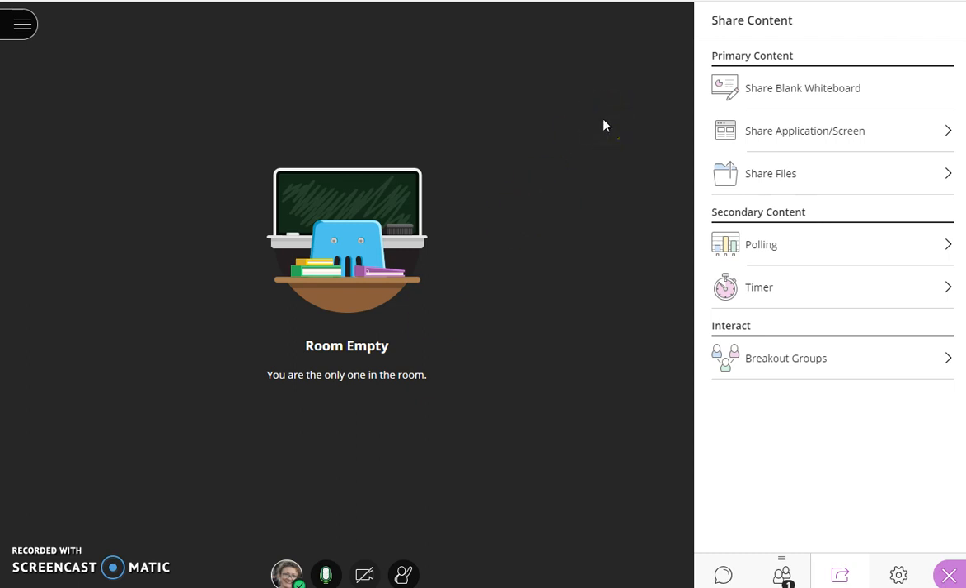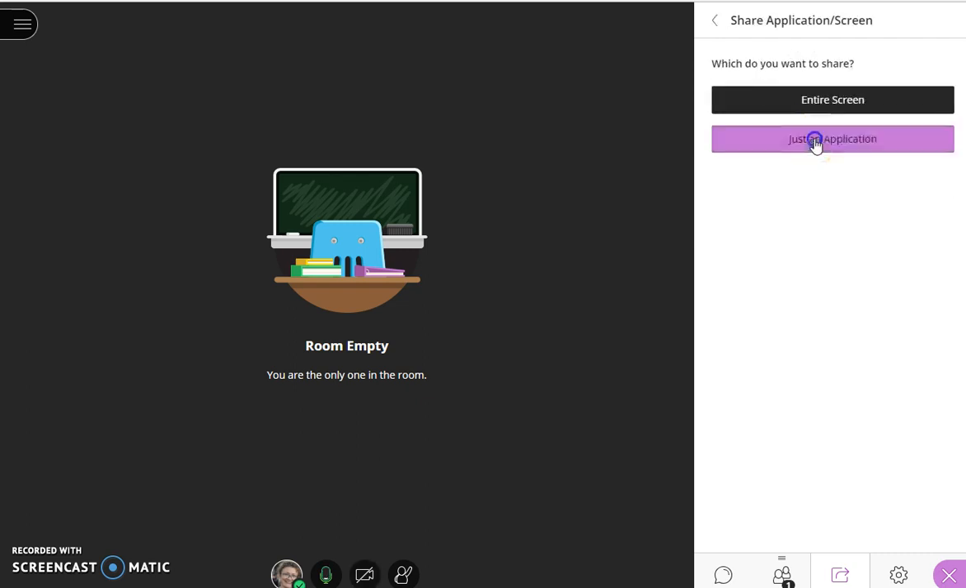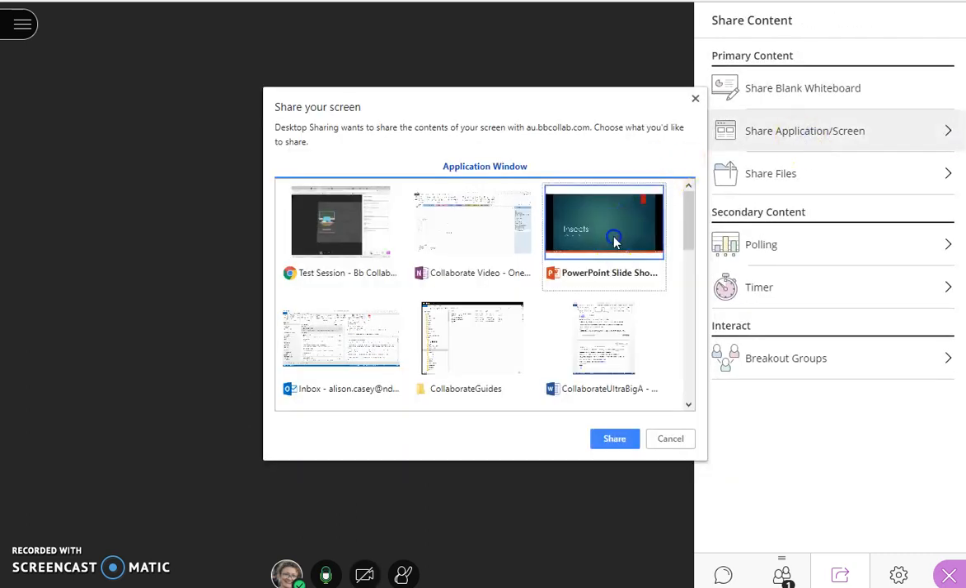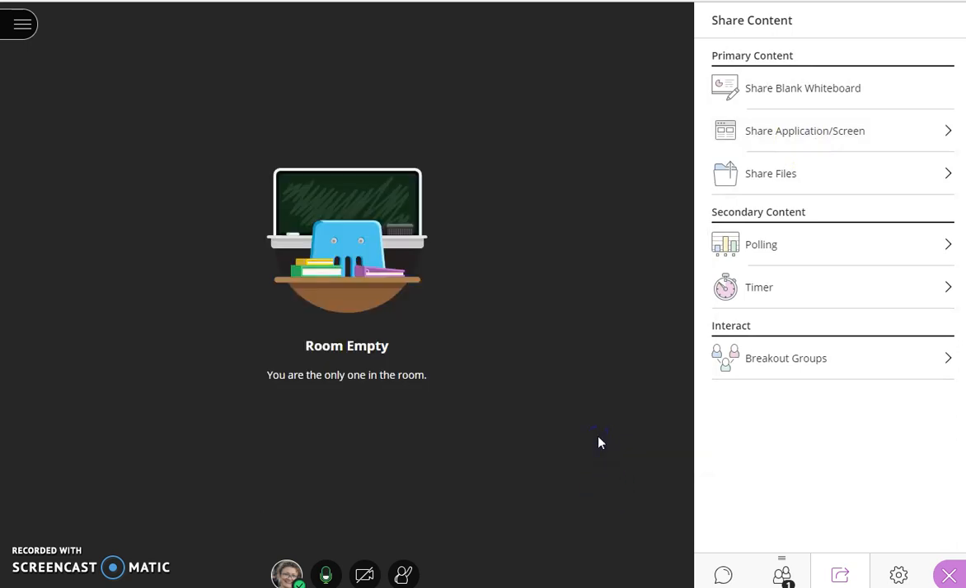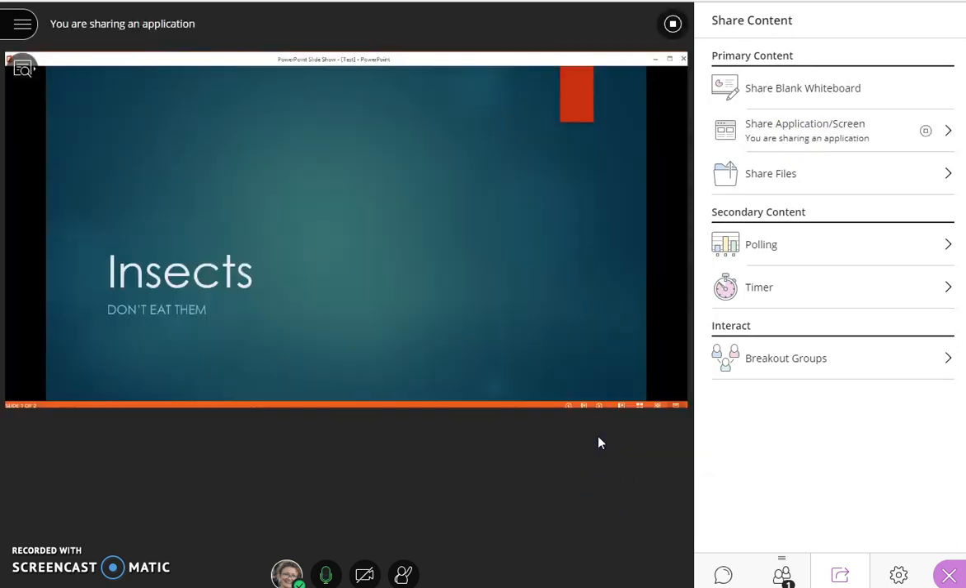A lot of the time you might be using a PowerPoint presentation, and you do this by sharing application or screen, and this is the way that you can share anything that you've got open on your PC. We'll share this PowerPoint about insects. You might want to have a traditional PowerPoint session where you just talk through some slides, but there are some options in Collaborate to add interactivity,